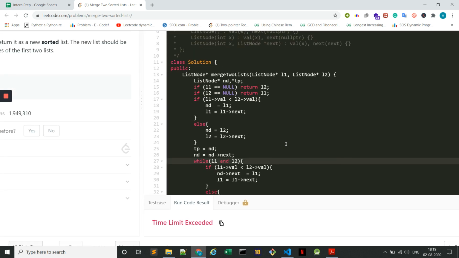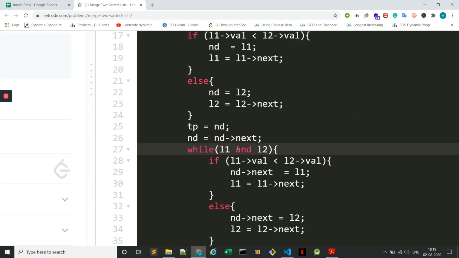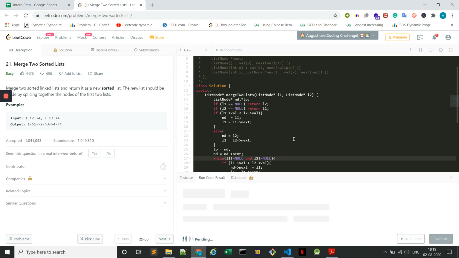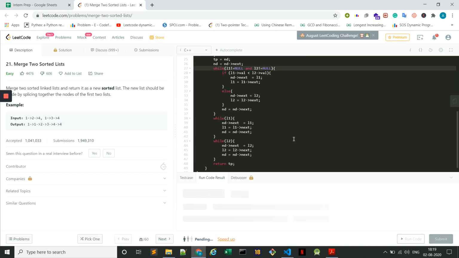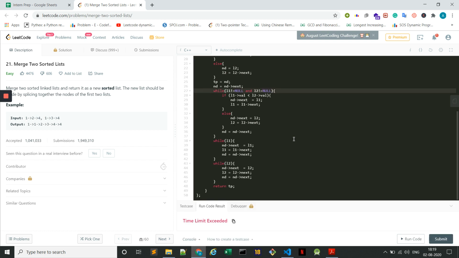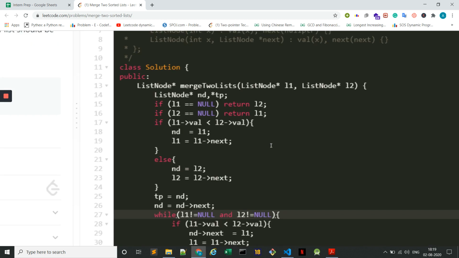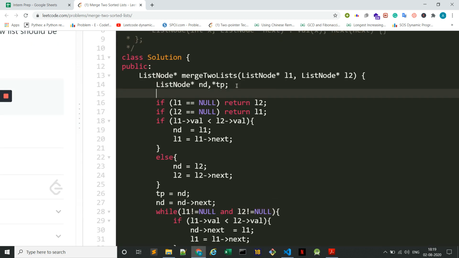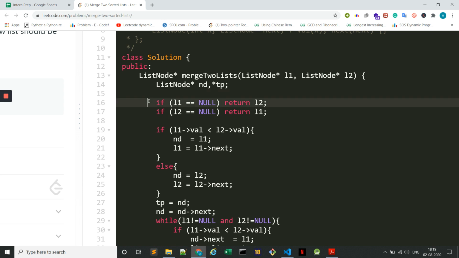I think there is no such issue. Let us try to write these lines. Okay, again it is showing TLE. So this is simple.